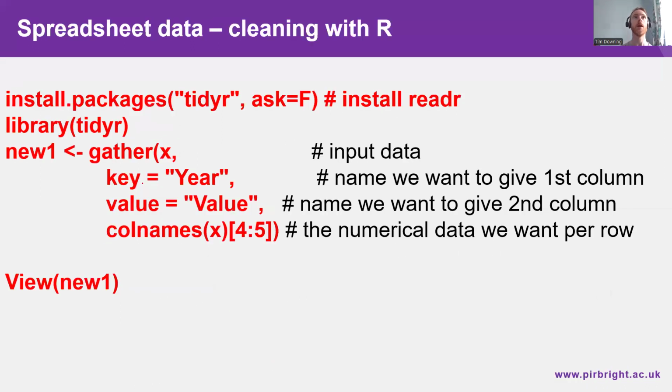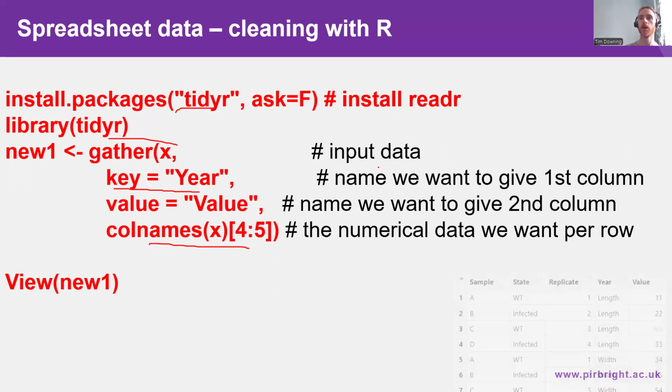And what we're going to do is install tidyr and gather x. So we're going to call it as a new variable, new one. We're going to create the key and value as year and value. And then we're going to perform the operations on columns. The columns contain our numerical data, which are columns 3 and 4,